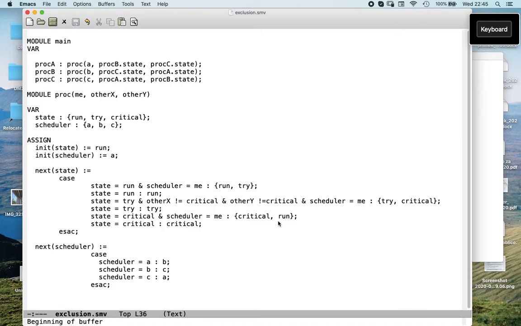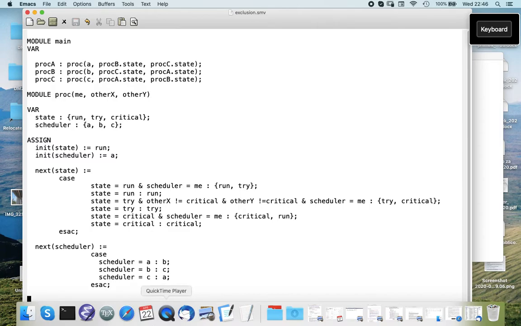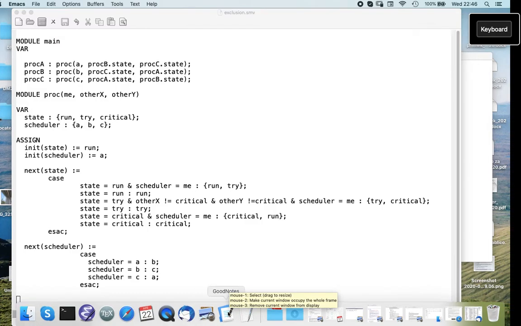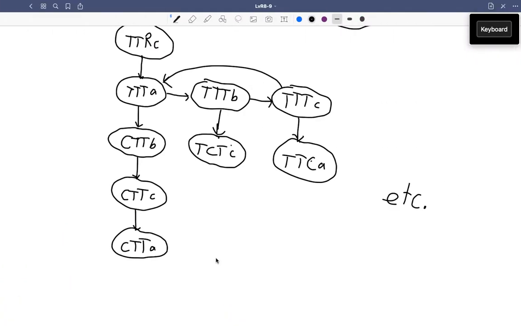So we might stay critical for some time, but eventually, once we're scheduled, we can relinquish the resource and go back to the running state. If we're not scheduled and we're critical, then we need to stay critical. In order to move, we always need to wait for our turn according to the scheduler. So if I go back to here, at this point we can go back to running,